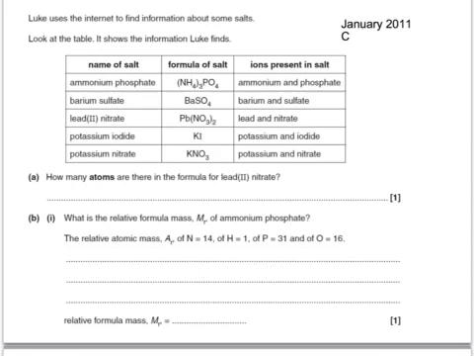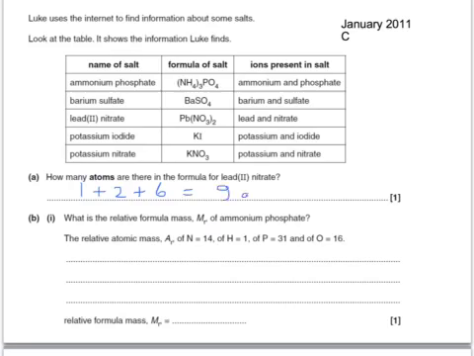And another past paper question here. Luke uses the internet to find some information about some salts. Look at the table, it shows the information that Luke finds. How many atoms are there in a formula of lead 2 nitrate? So let's have a look at lead 2 nitrate. It's here. So it's got one lead atom, no numbers after it. It's got one nitrogen in the bracket, but that's been doubled. And then there's 3 oxygens inside the bracket, that's been doubled. So the total number of atoms is 1 lead added to 2 nitrogens added to 6 oxygens